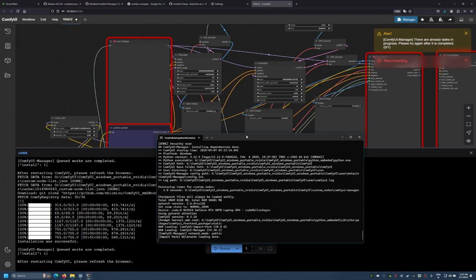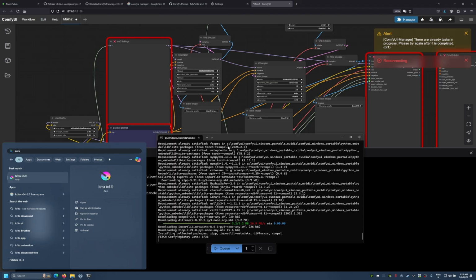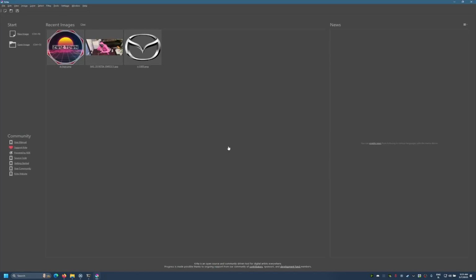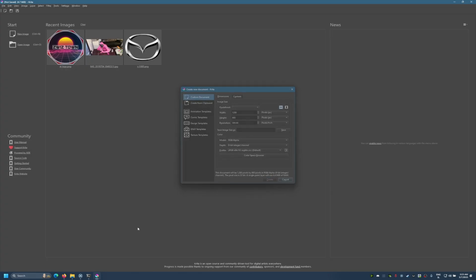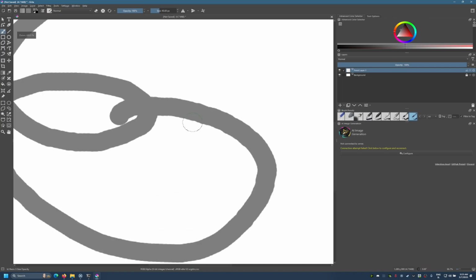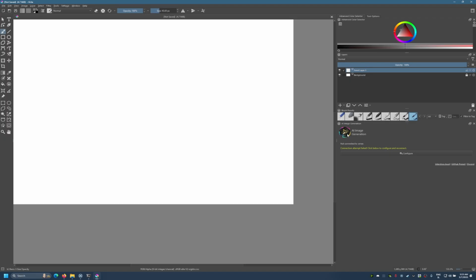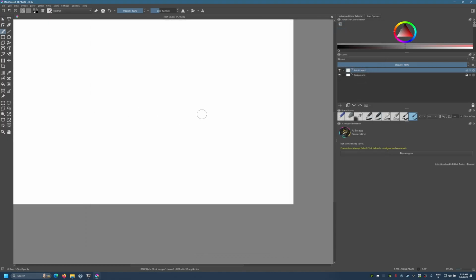Next we need to set up Krita. Krita is amazing, especially if you combine it with ComfyUI. So Krita is a drawing software, but it has AI image generation integration, so you can connect to